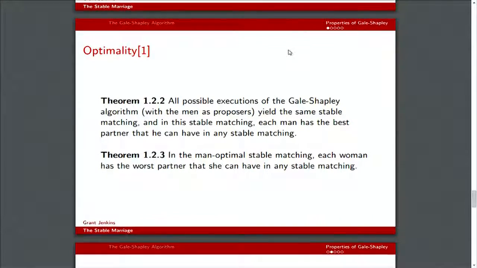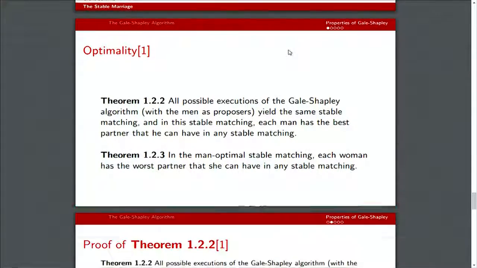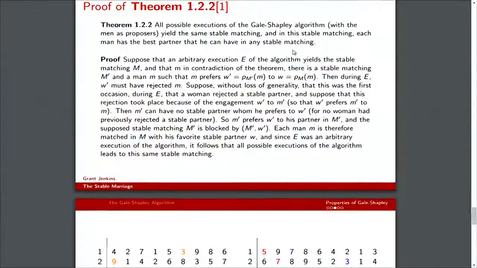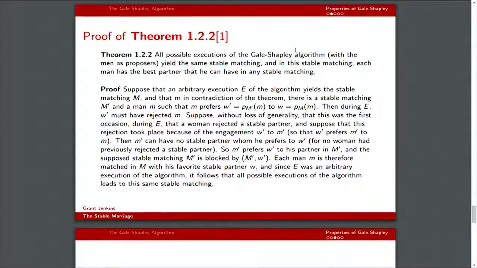And when the men are the proposers, every man gets their best possible match, and every woman gets their worst possible match. It's interesting because it gives you a bound on where your stable marriages can be found. There was a proof that no matter what order the men are proposing in,